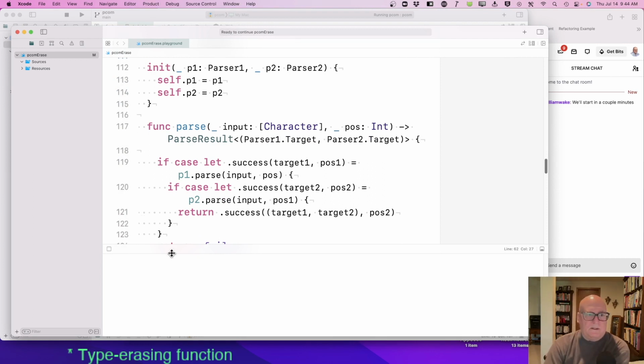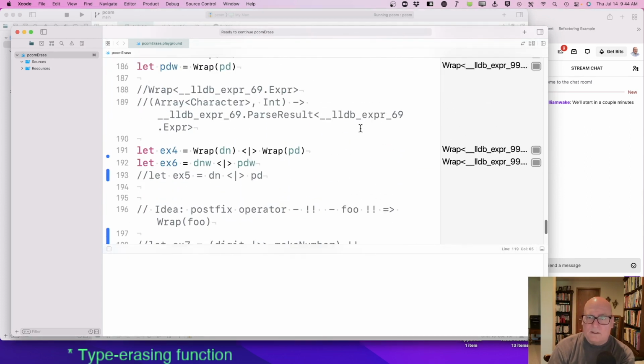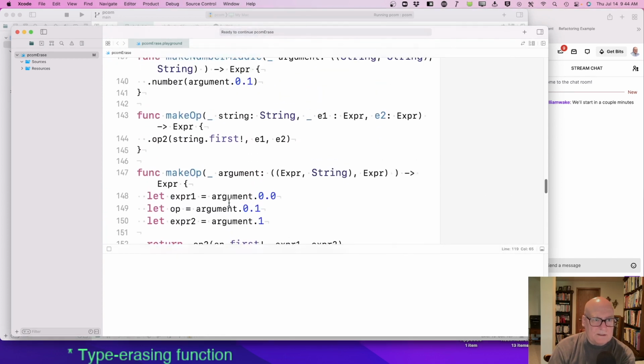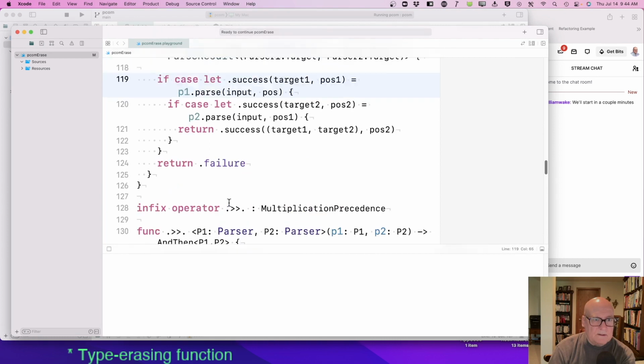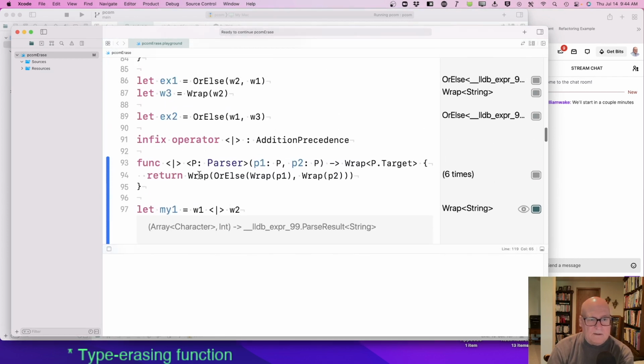Oh, I took out the prints. Everything should have values. Yep. Now, I want to take out some wraps and see what we get. Okay. If I take out this wrap, does it work?